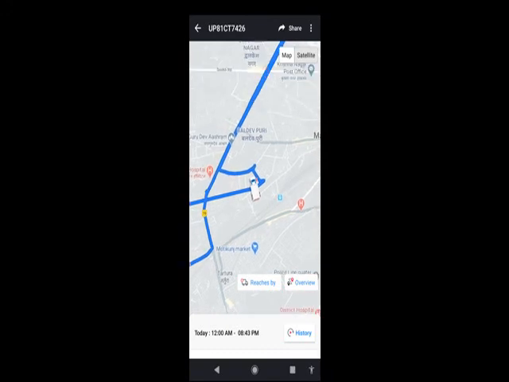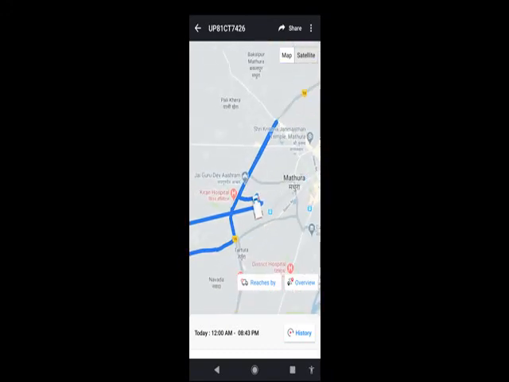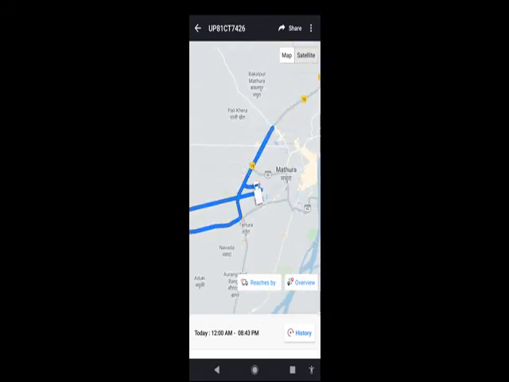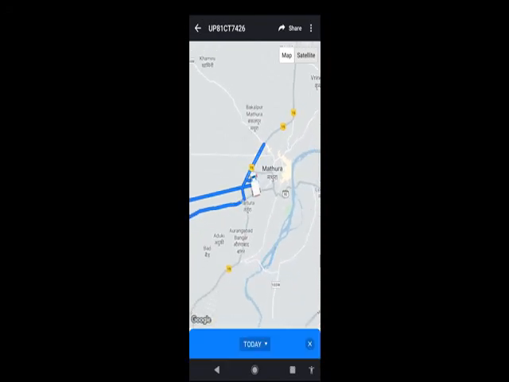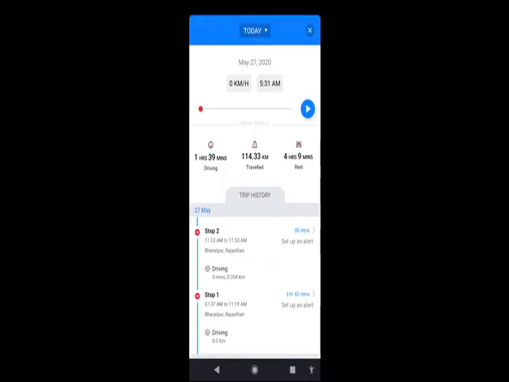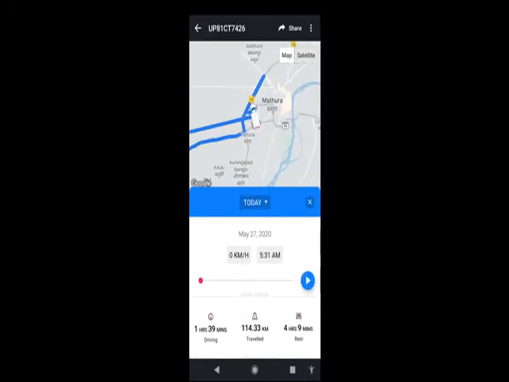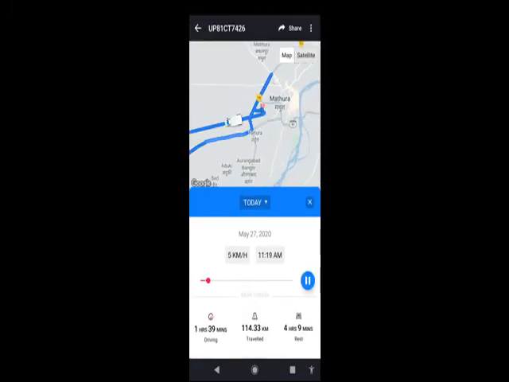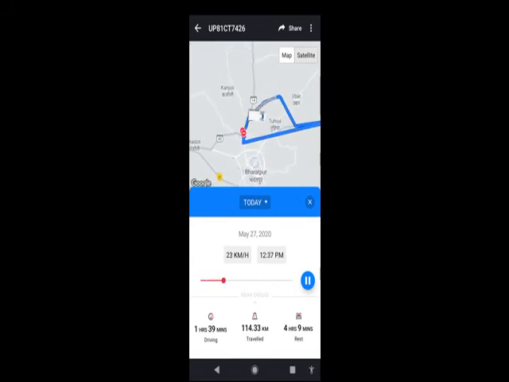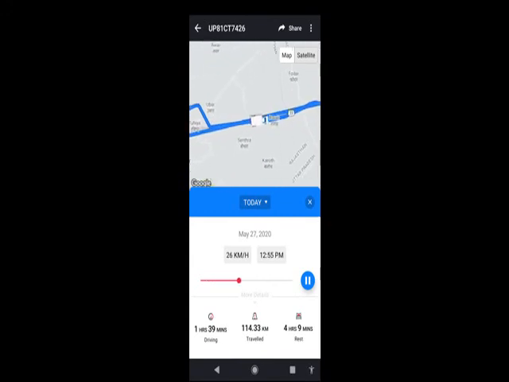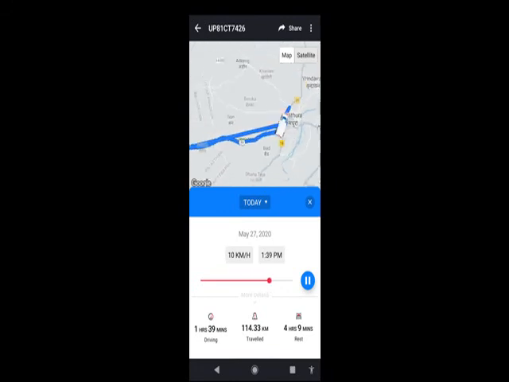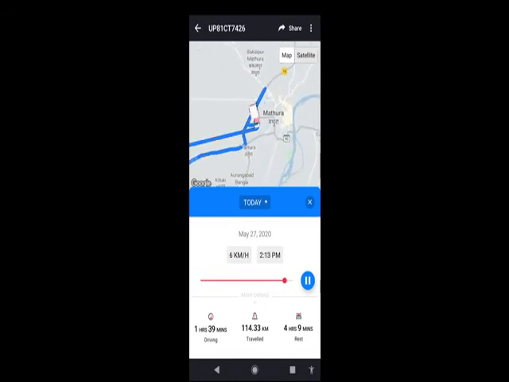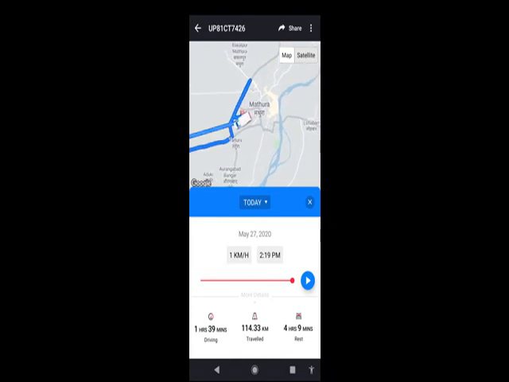and guys, you see a history of your vehicles, today's history. Okay, so we have to click on history and pull up, and then click on play. Okay, and guys, you see the start and ending point of your vehicle on today. Okay,